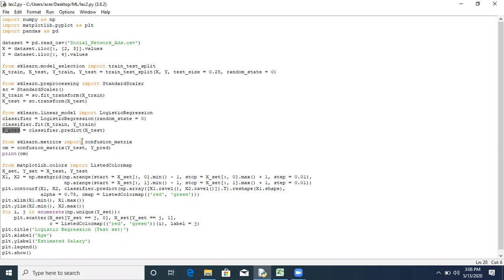Now next is the confusion matrix. We are using from sklearn.metrics import confusion_matrix. A confusion matrix is a matrix which is used to find the accuracy of your algorithm. It consists of 4 sections.